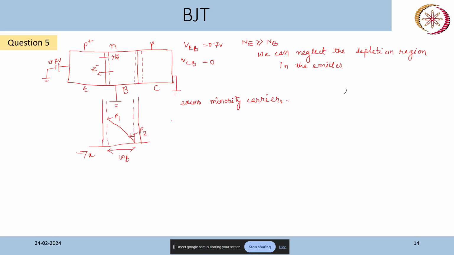Excess minority carrier, so if this point is x equal to 0, then P1 is almost equal to